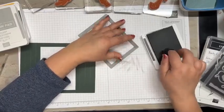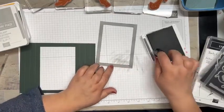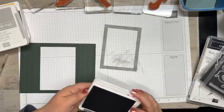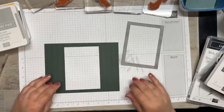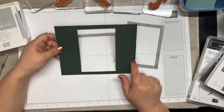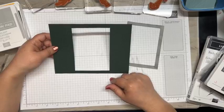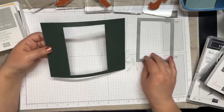Yep. All right, so you can see all I've done is just kind of given this frame a little more of a vintage look, which I think looks really good with the antique looking lantern. All right, so we're gonna do that. Now I have a piece of, this is 7, I believe it's 7 1/4 by 5 1/2. So a little bit larger than,